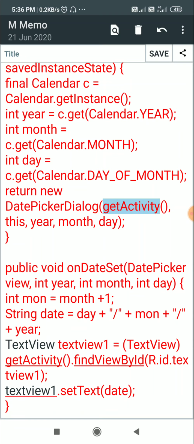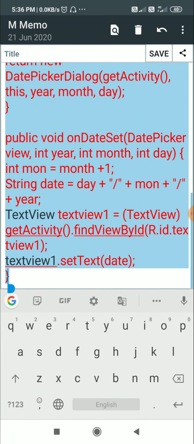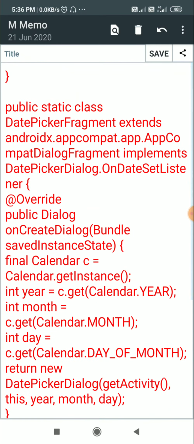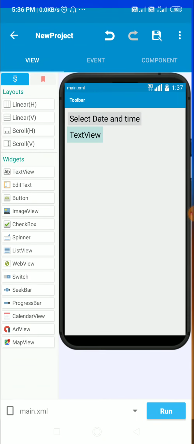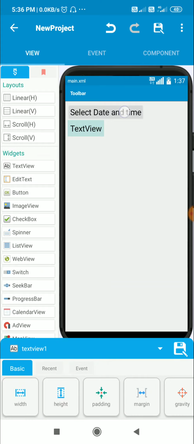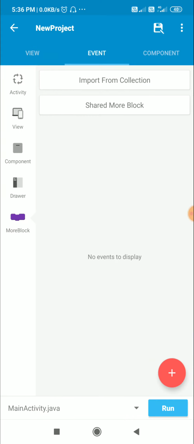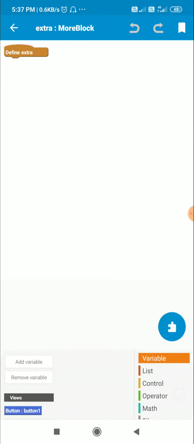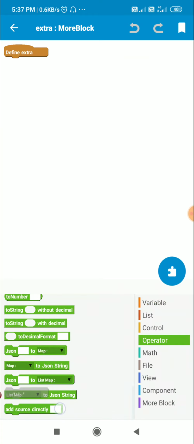So I'll just copy this and I will put it in a more block. Here this is text view 1, this is button 1. So in more blocks I will create a more block extra, and inside this I will put this code.